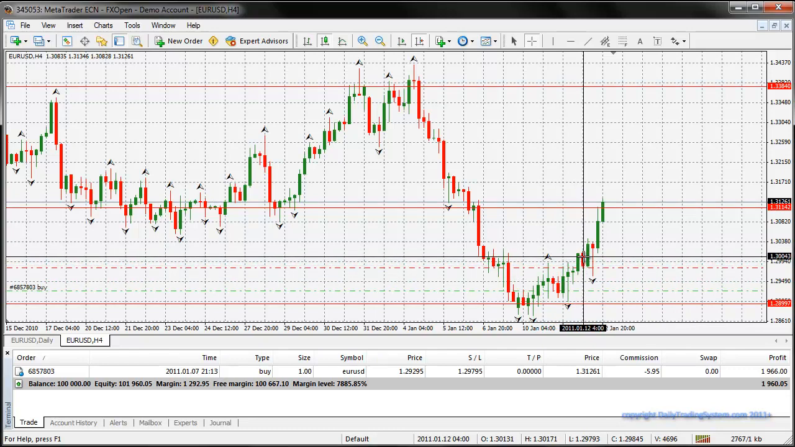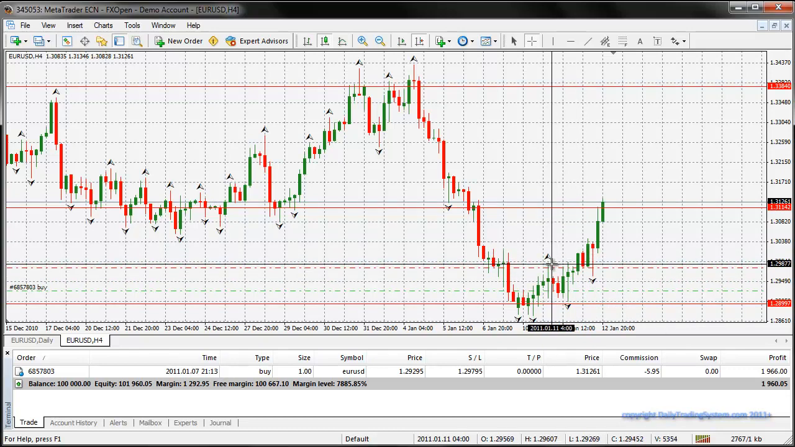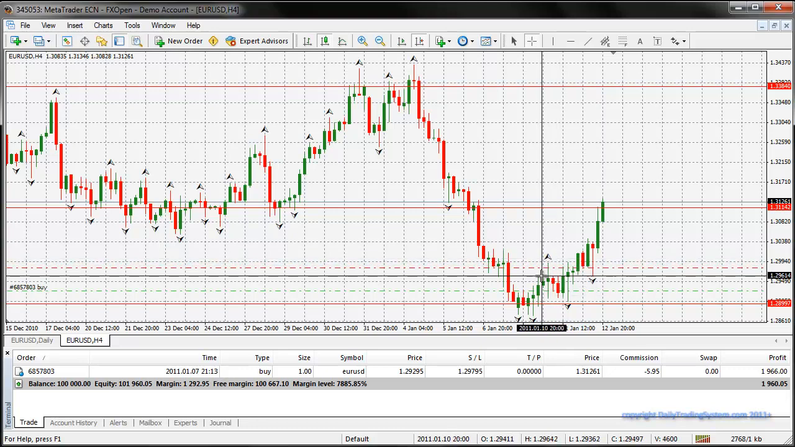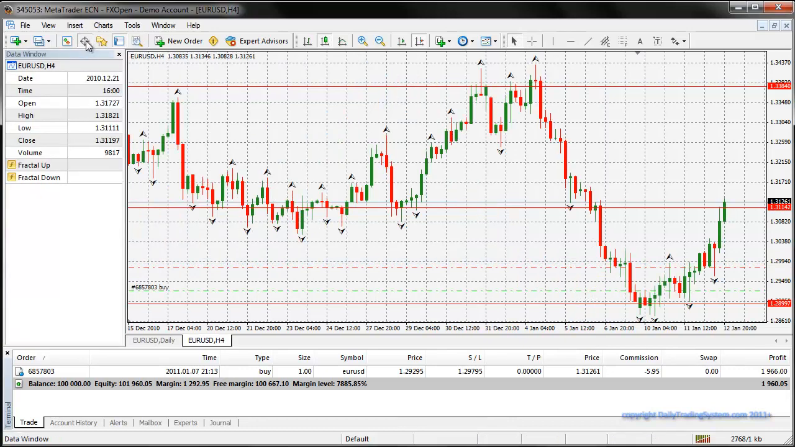So 5 bars ends up on this red bar right here. And then what I'm looking for is for it to break this little fractal, not the top part of the fractal, but the actual price. So I can come back over to the